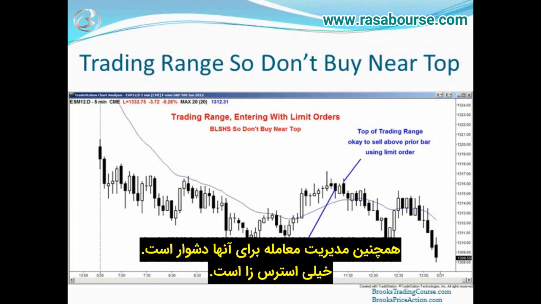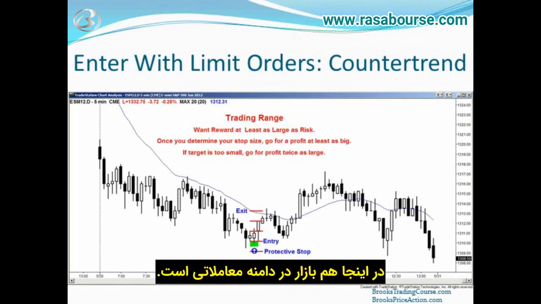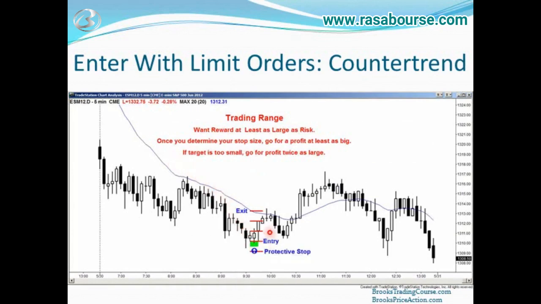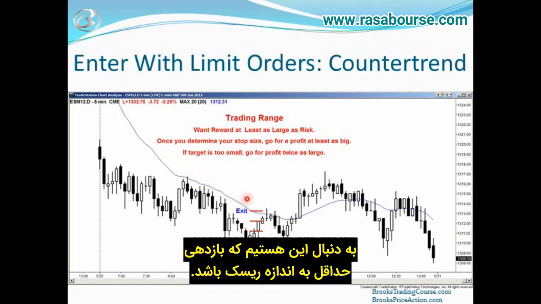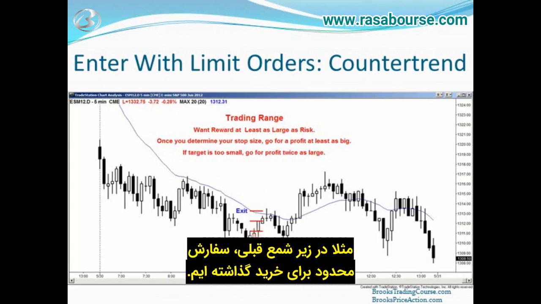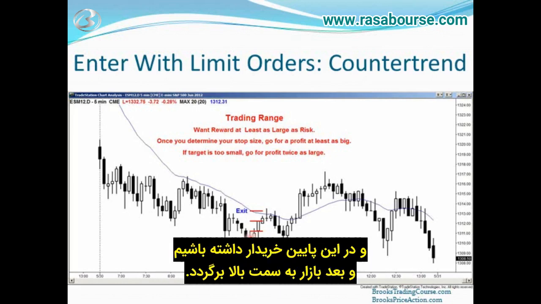It's too stressful. Again, the market's in a trading range. You want to buy low, sell high, and scalp. We're low. You want a reward at least as large as your risk, but if the target is just too small, go for a bigger target. So, for example, let's say you placed a limit order to buy the low of the prior bar, betting that this one bar bear flag will fail,